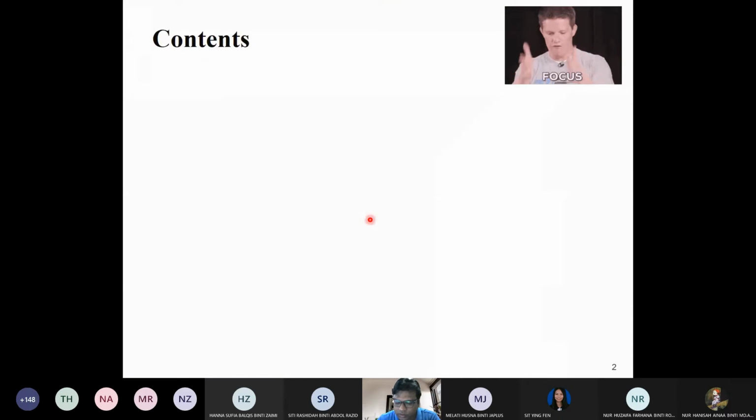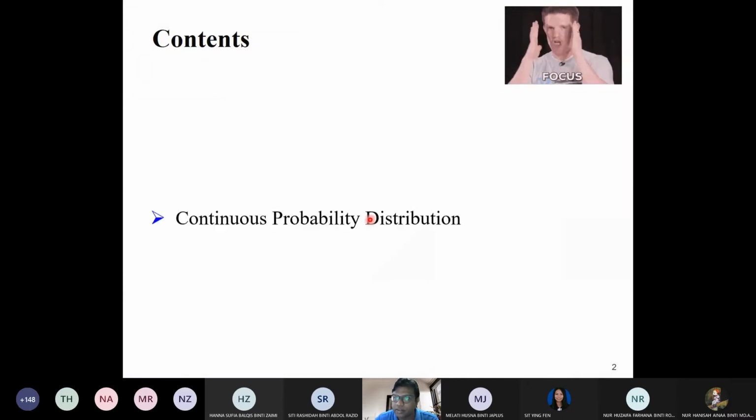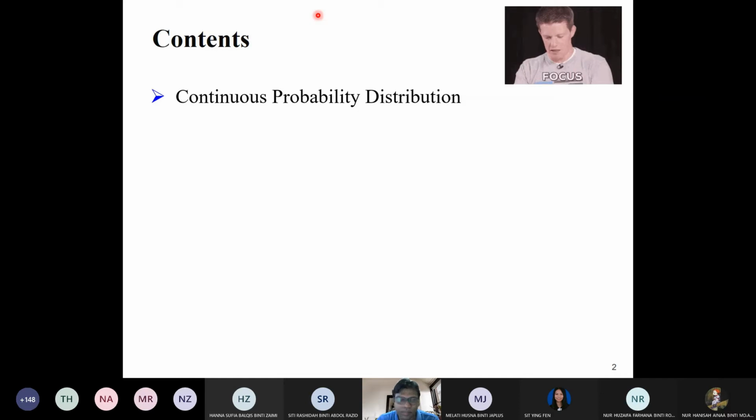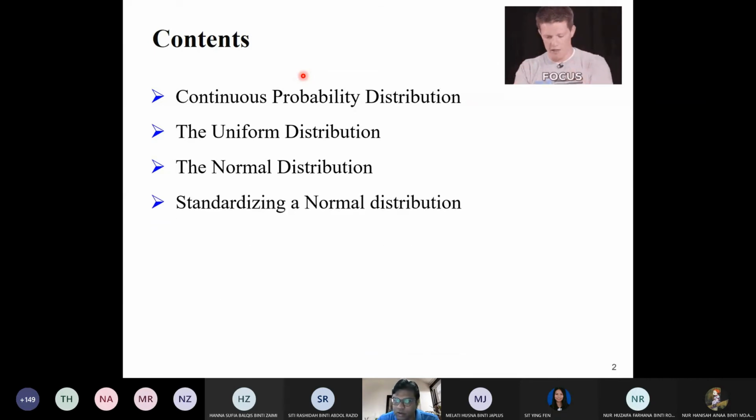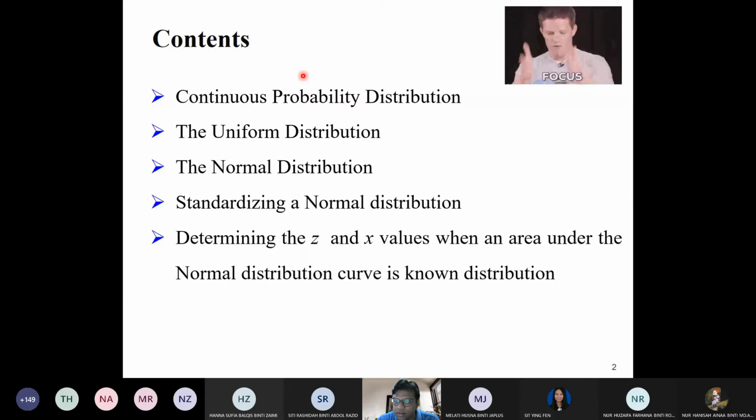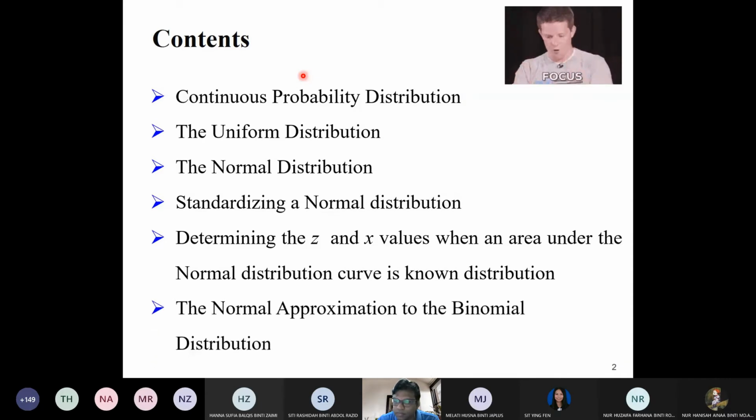All right. So today's topics: first we're going to discuss the continuous probability distribution and then the uniform distributions. How does it look like? And then the normal distributions, probably we'll cover in the following class. And then standardizing a normal distribution. And then you will learn about determining the Z and X values when given the area under the normal distribution curve. And then the normal approximations to the binomial distributions. So these are the contents of these topics. Okay,